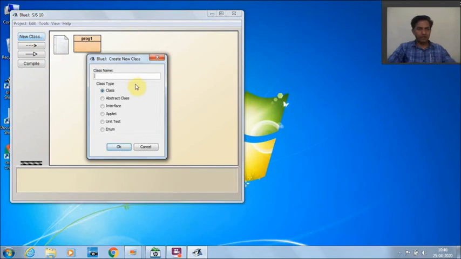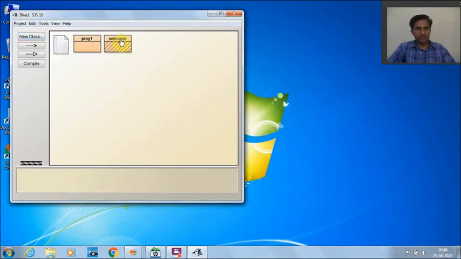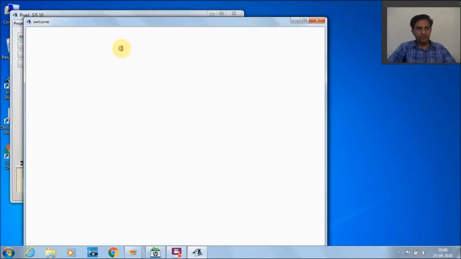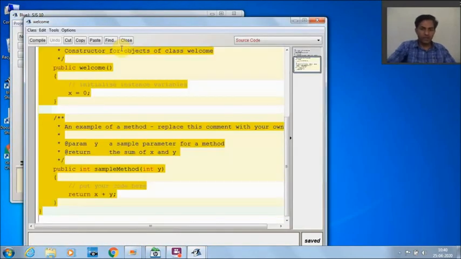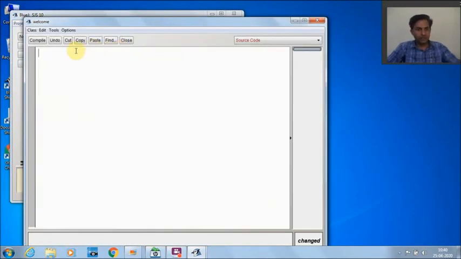So I am writing my new program, the class name is welcome. Now as I have written this class name, it is coming with a shaded line, so double click, Control A and delete. That means you are going to write your program. So write public, then class, then the class name you have already mentioned, that is welcome, again curly braces,